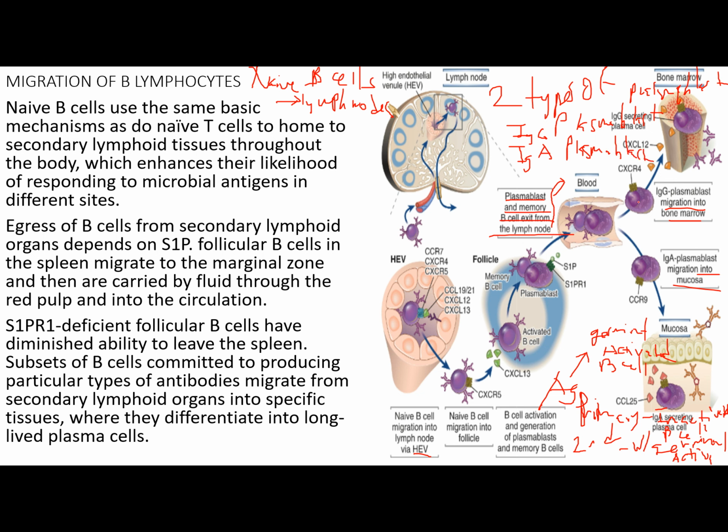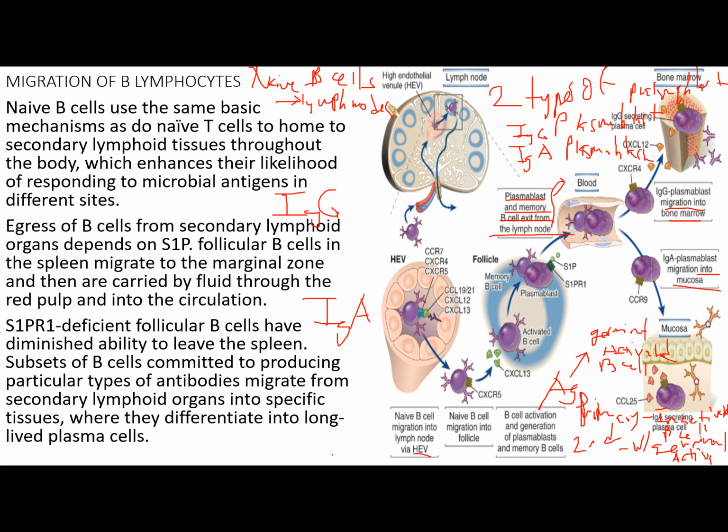Si plasmablast nyo class na IgG plasmablast, sila yung pupunta sa bone marrow. And once in the bone marrow class, it would now secrete the type of antibody known as your IgG or immunoglobulin gamma. While another group ng plasmablast, si IgA plasmablast, would migrate into the mucosa. And in the mucosa class, it would secrete IgA